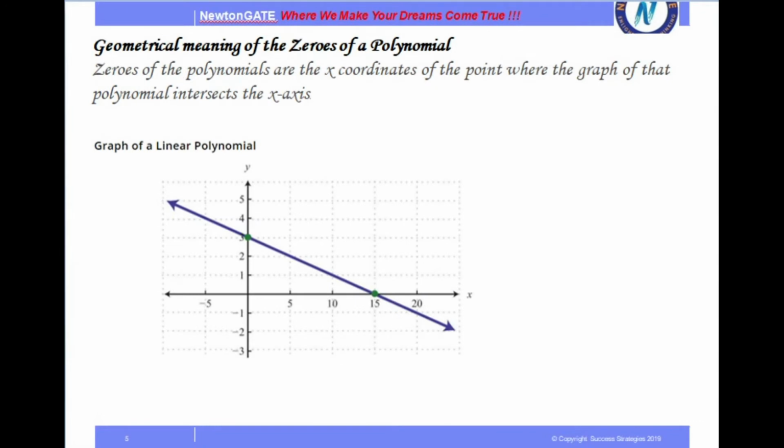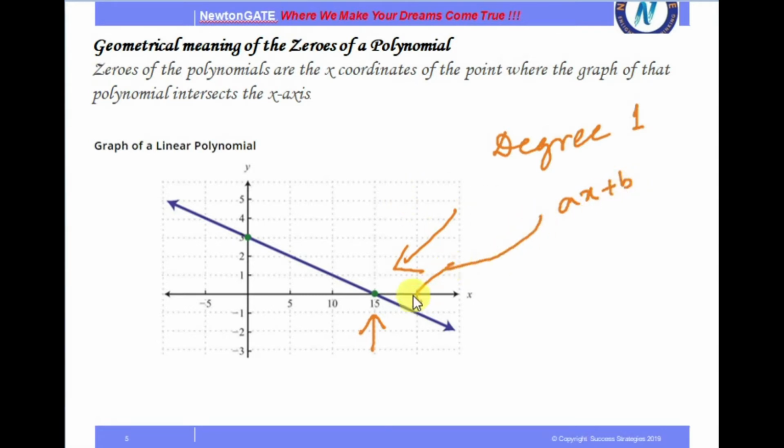The geometrical meaning of the zeros of a polynomial. So, zeros of a polynomial in graphical representation look like this. Here I have taken the graph of a straight line or a linear polynomial, that is with degree 1. So this is the graphical representation. Now here, as you can see, the line or the graph is intersecting the x-axis at one point. So ax plus b, let's say this is the equation or the value of this polynomial for which the diagram has been